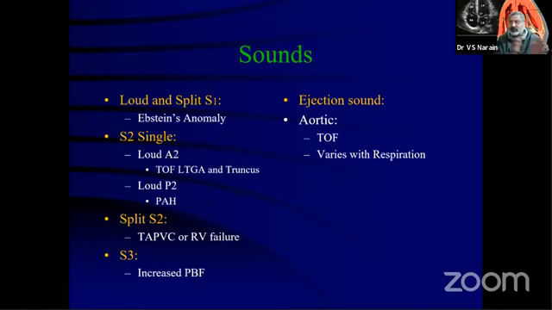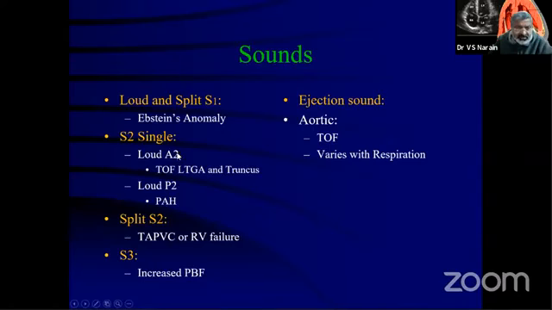So basically, you have to correlate it with the clinical findings. But if a question is asked, then the answer could be that if I can hear the second heart sound best in the second intercostal space, it is likely to be a P2. And if I can hear it best at the apex, it is likely to be A2. Hearing the second heart sound at the apex does not mean that it is a loud A2. It has to be best heard in the apex to say it is a loud A2 on a single second heart sound. So often, these little things are asked, and the candidates get confused.